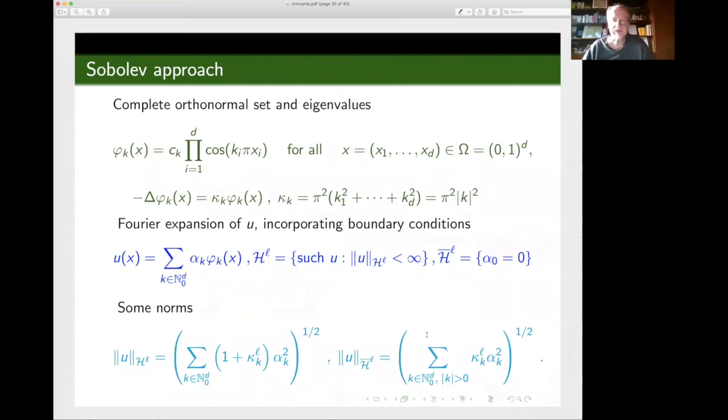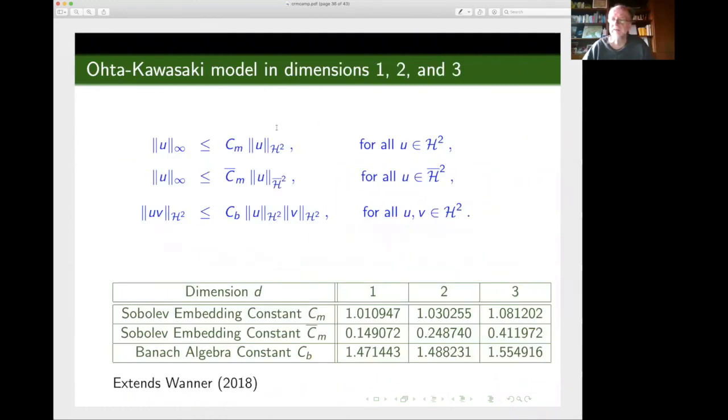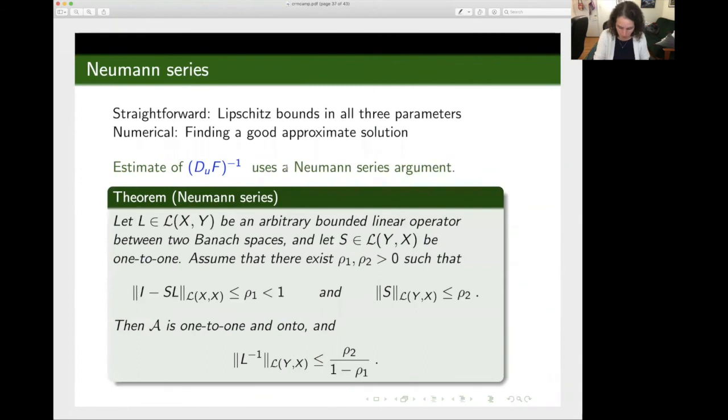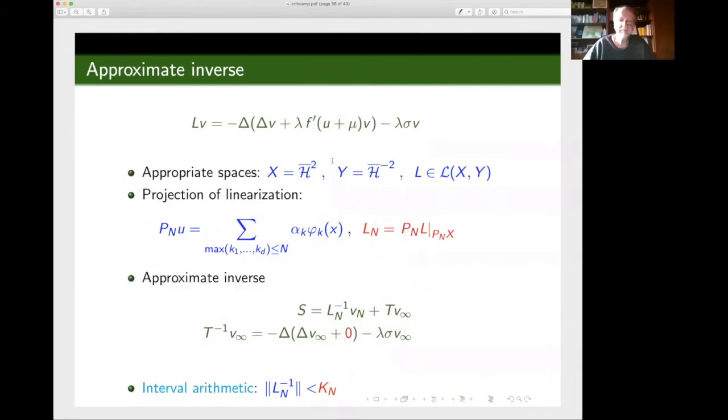So you started from H2 and the range space is H minus 2. So these are the ones that we were really working with. Yes, so that means that this idea is being flexible. I'm hoping that this will not be the only problem that ever has this applied. So developing it in the HL setting means that you could presumably do it for other L in